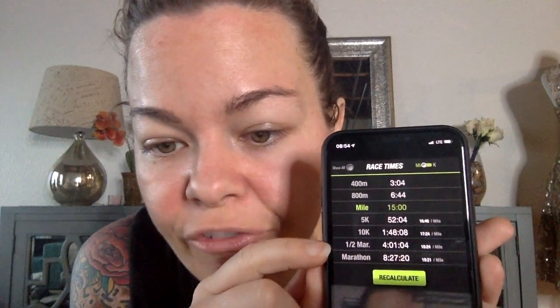put in your pace for 1 mile. And if your pace was, see over here, 1 mile, and if your pace was 10 minutes, put in 10 minutes. If your pace was 15 minutes, put in 15 minutes. Let's see, I'll put in 15 minutes just to see what it does. And it calculates that if you were to run a half marathon, you would do it in 4 hours and 1 minute. Now, if your goal is to be under 4 hours or to be under 3 hours, then you